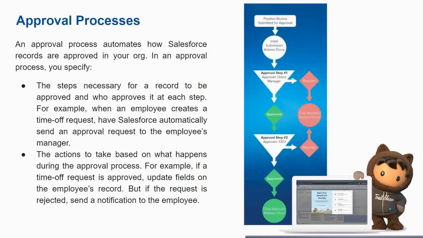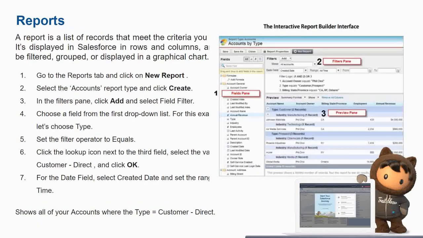Okay, so now let's go to reports. Reports are always important. Whenever you are working with businesses, they will need reports to understand how their business is performing. For this reason Salesforce also has out-of-the-box reports. A report is a list of records filtered based on the filter criteria you have provided, and it outputs the results in a tabular format. So after you apply a filter, whatever records you get based on that filter, that's the report you want.